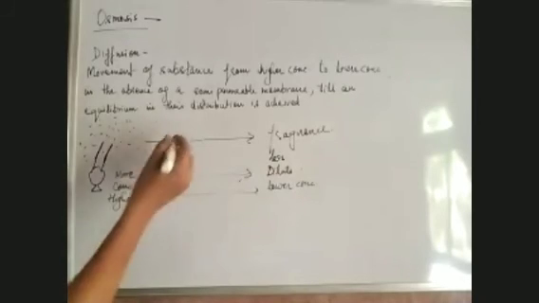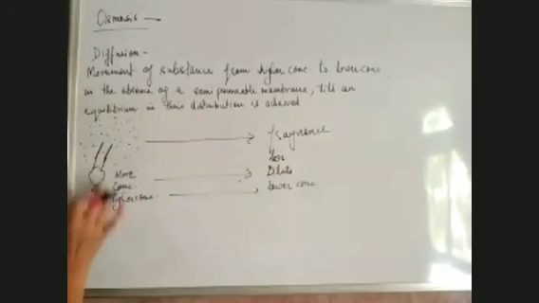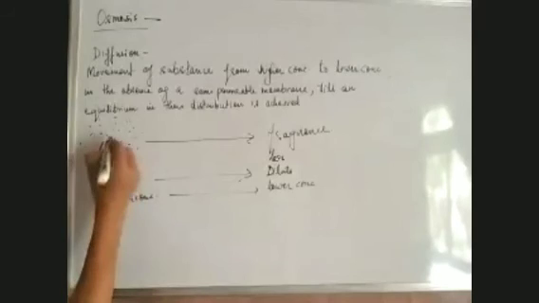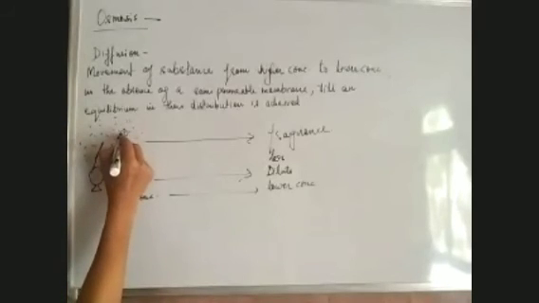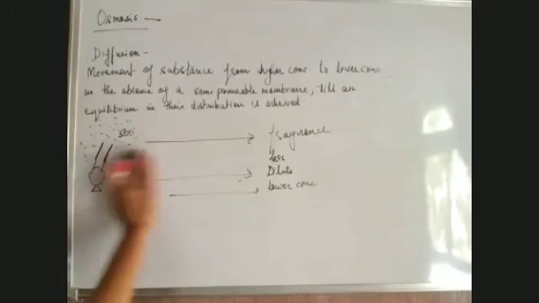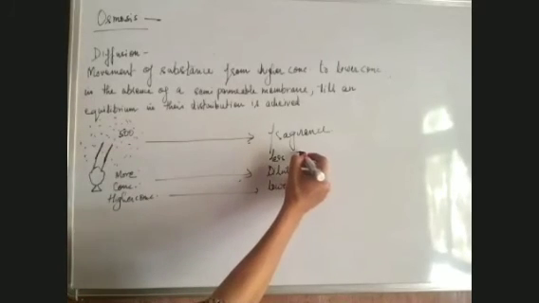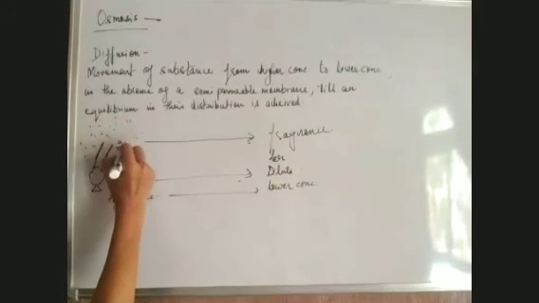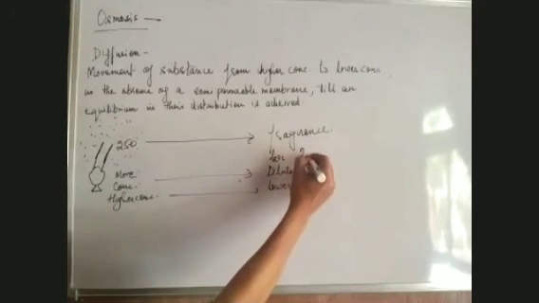And you can see there is no permeable membrane between the area of production and where they are moving. There is no membrane present in between. It is just moving from the higher concentration to the lower concentration, and this movement will continue till the distribution is uniform. Say here we have 500 particles responsible for this fragrance. Now they will keep on moving. A time will come when the number of particles here and here will become the same. Suppose they become 250 here and 250 particles in this area also.